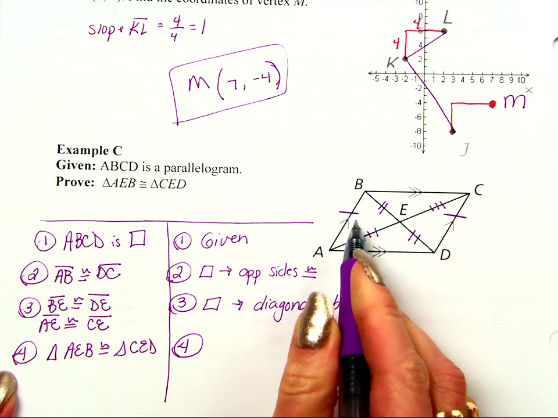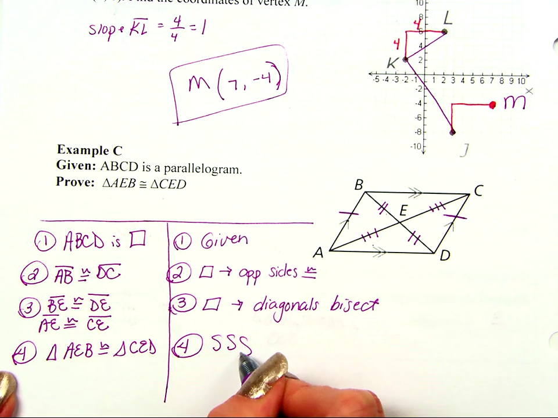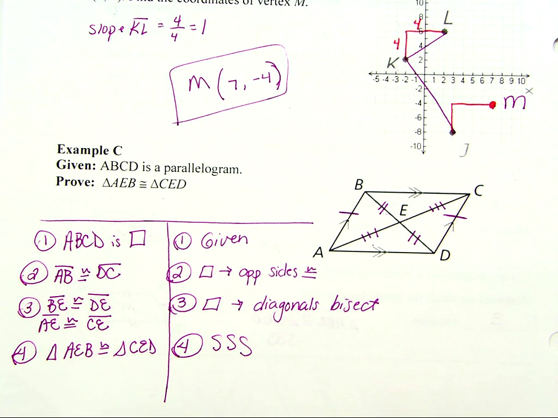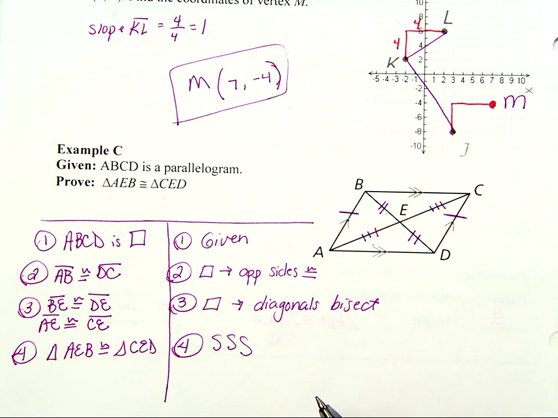Why? Well, we have shown the side, side, side shortcut. Now that's not the only way to do that proof. You would see, looking at that picture, I maybe could have used some alternate interior angles, or I could have used some vertical angles. But for me, the first thing that I saw was side, side, side, and so that's what I went with. If you have more questions on this, please step